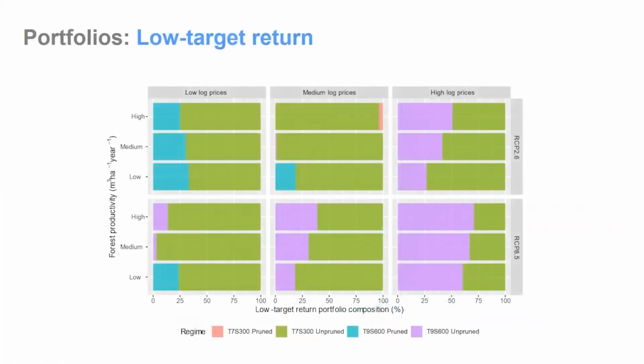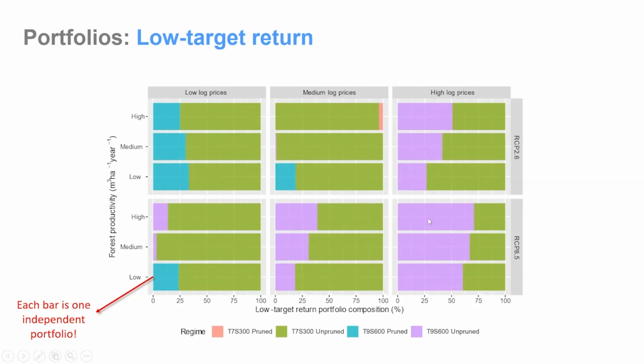And here are our results, our portfolio results, here for the low target return portfolio, okay? Each bar here that you can see is an independent portfolio, but let me just walk you through this graph. What we have here is the log price scenarios, low, median, and high, versus the forest productivity scenarios, high, median, and low, for the 2 different RCPs. So depending on where you are across this range of scenarios, you have an optimal portfolio based on our low target return